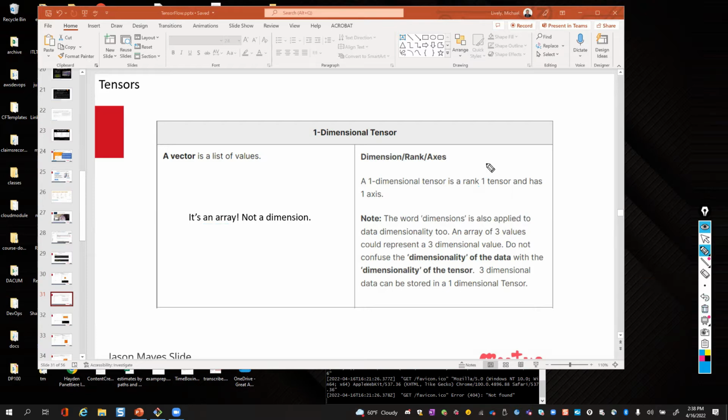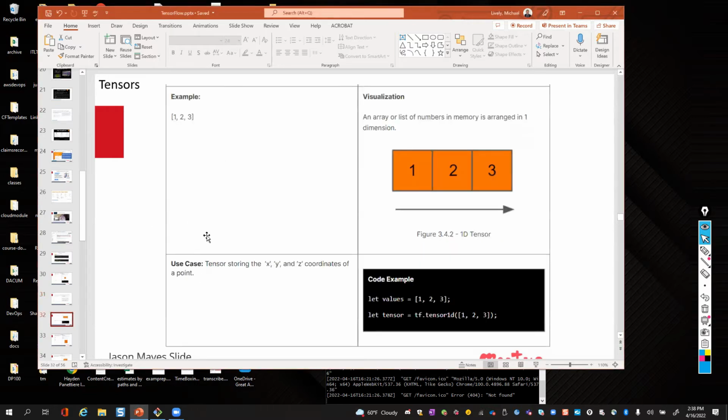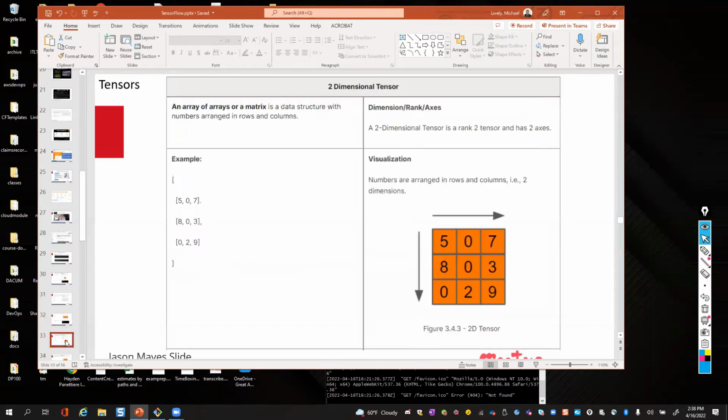So what would be a tensor of rank 2? Anybody got an idea? An array of an array, right? Array of arrays, absolutely. You can see that this is a vector, that's rank 1. The next one is a matrix, an array of arrays. This is your rank 2 tensor, and it's just an array of arrays. If you're used to doing multidimensional programming in JavaScript, that's what you do when you want to go to 2 dimensions: an array of arrays, you just start stacking them together. And that's what we call a matrix.